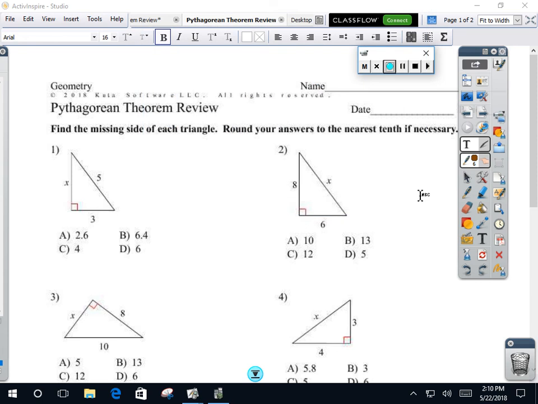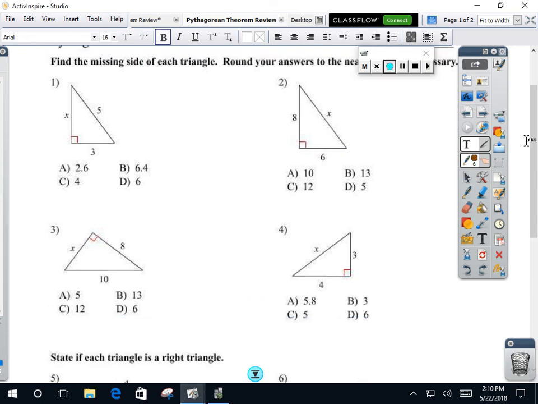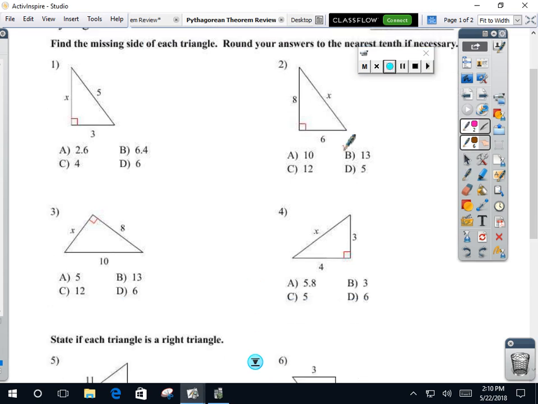This yesterday. I'm going to go over them today to see if you got them right. Number 1, find the missing side of each triangle. Which type of side is missing? A leg. A leg can be plugged in for what? A or B. I'm just going to choose to plug it in for A, which they're saying to call it